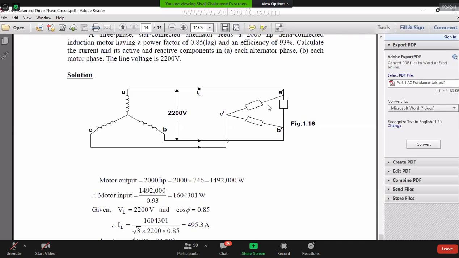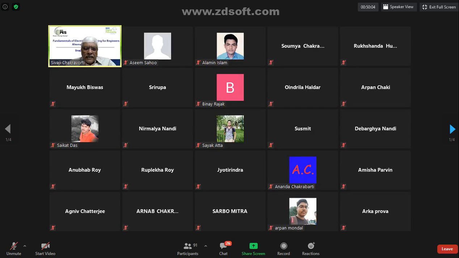Here we said that the source, the alternator, is balanced. We say that the load, the motor, is balanced. But here we are talking about only one motor. If I take a big industry, or I give you a very concrete example, I don't know how many of you have seen, but at least go and see a steel mill. Somebody who is in Durgapur, go to Alloy Steel Plant or Durgapur Steel Plant. Fantastic to see how many motors are running. And they are all supplied by this three-phase system.